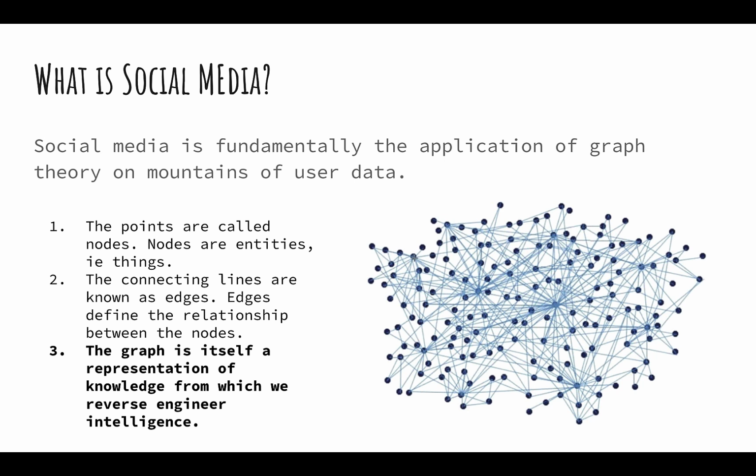And what's interesting about graphs when they're applied this way and they form these ontologies is that they are themselves a representation of knowledge. It doesn't mean that it's intelligent, but graphs can exhibit intelligent-like behavior. And in essence, we reverse engineer AI using these ontologies. So again, graphs themselves are a representation of knowledge. They can exhibit intelligent-like behavior, including making predictions and recommendations. And you can use them to reverse engineer intelligence. And social media collects oodles and oodles of information about you and builds these graphs, right?